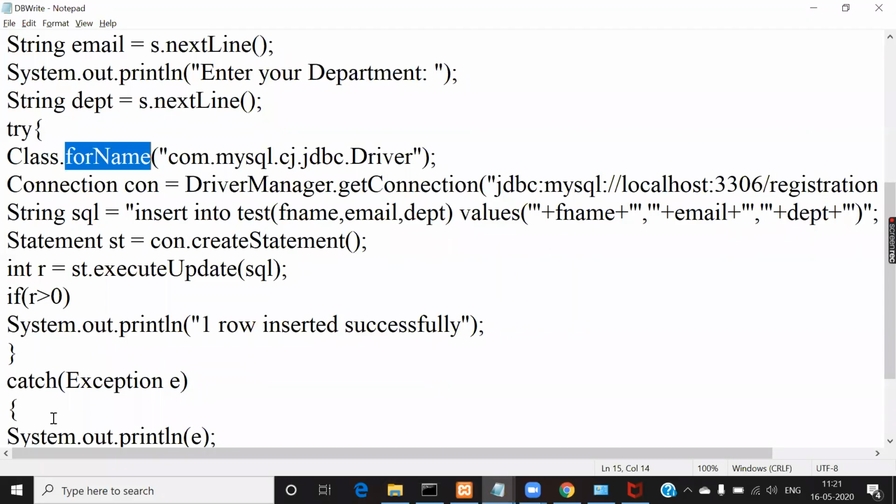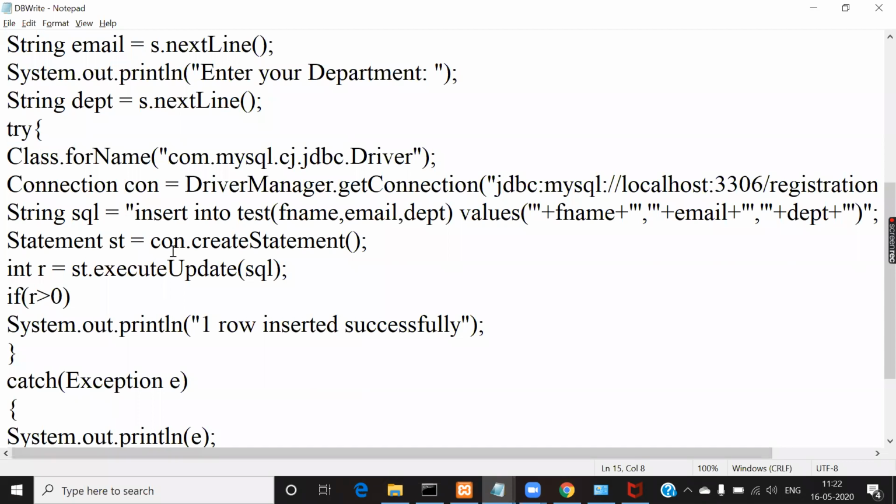Normally, if you're calling any other method of a class from outside the class, you require an object to call that method, right? But because this forName method is a static method, you can call it directly without creating an object, by using the name of the class. The name of the class in which forName is defined is Class, where C is capital. You know the Java naming convention: all class names begin with a capital letter. So capital C-L-A-S-S, Class.forName.